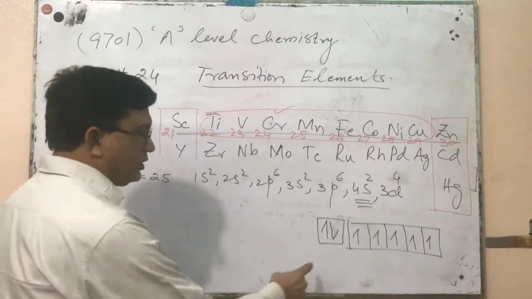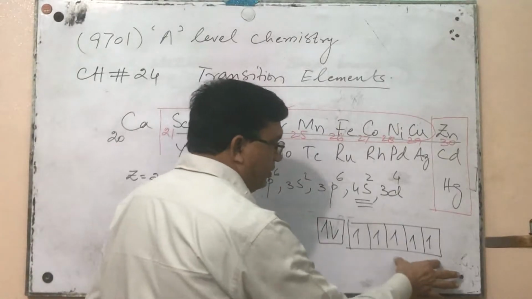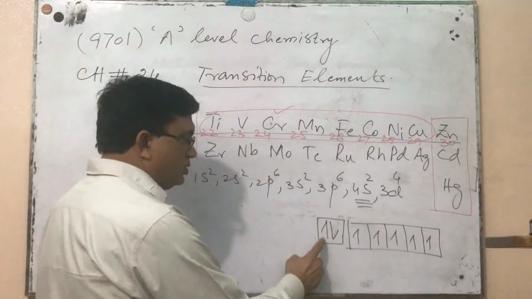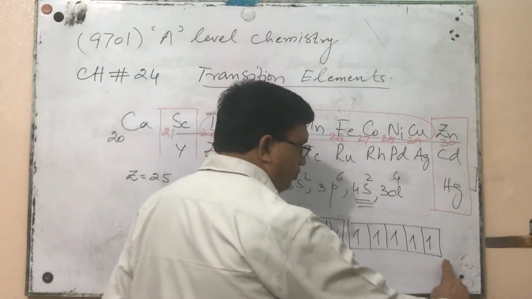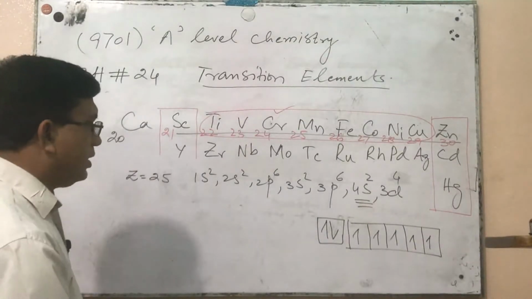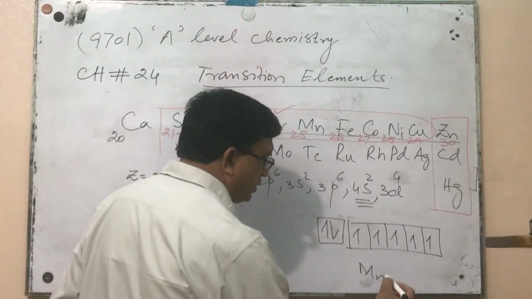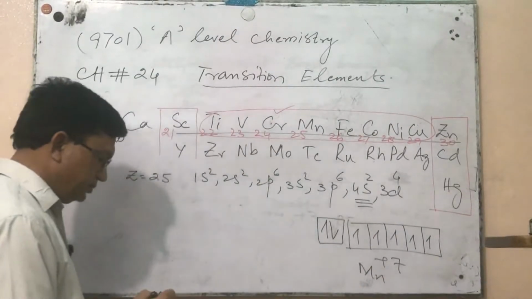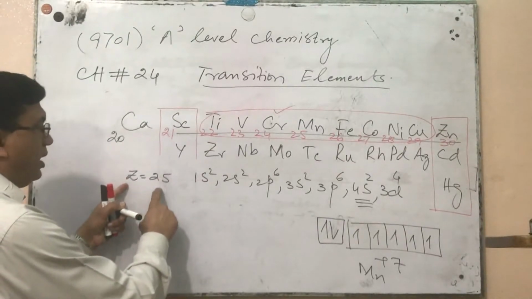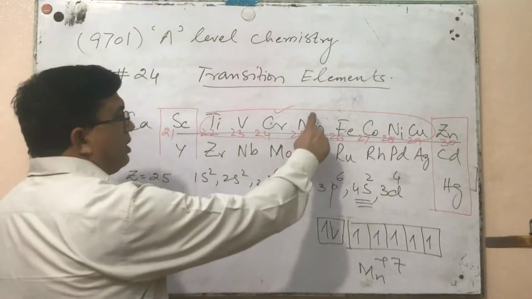Two electrons in 4s will remain, and the 5 electrons will be present in separate d orbitals. Now, whenever these 2 electrons are removed along with the 5 electrons present in the d orbitals, manganese can definitely adopt a maximum of positive 7 oxidation state. That's why the highest number of oxidation states can be attained by manganese,